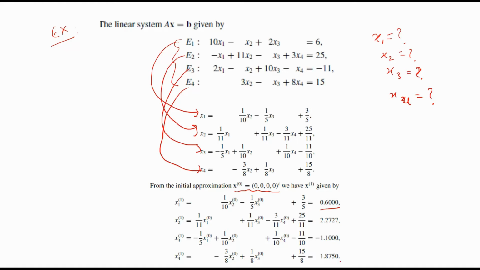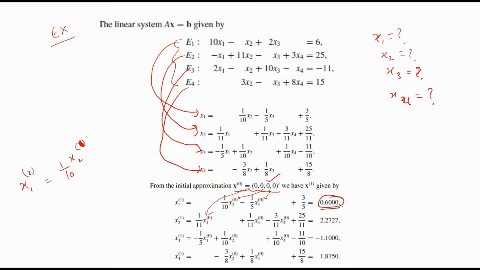So this is the Jacobi method, where you start with the initial condition, put it into these equations, and get the values of the successive iteration. Now in the next iteration, to find x1 2, that is the second iteration, in the place of 0 you put 1, the value calculated in the previous step.